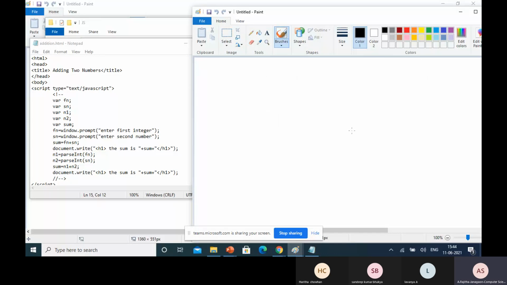Next, here arithmetic operators. We know that all the arithmetic operators are like this. Those are addition, subtraction, multiplication, division.